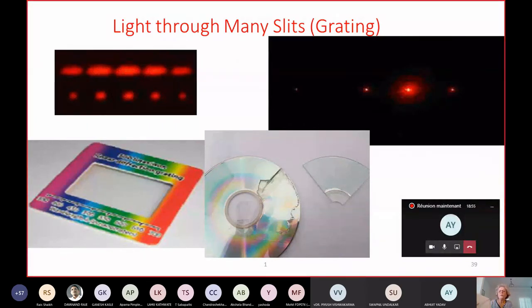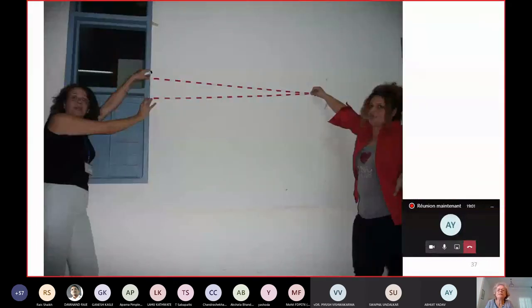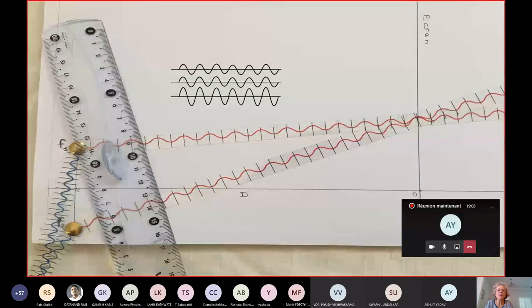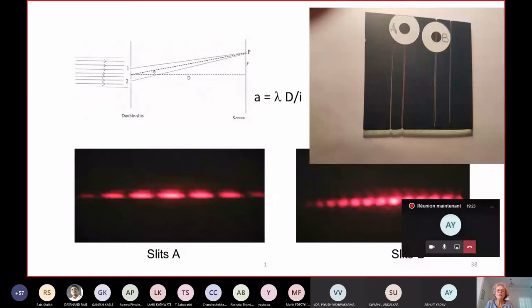Using this model, instead of having two slits here, we can put more slits. I mean, one slit here and one slit here, so one wave coming from here and one wave coming from here. But the students or participants can